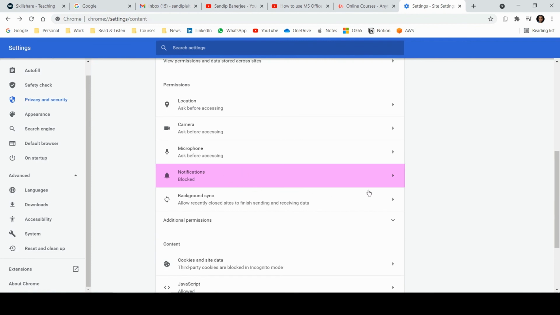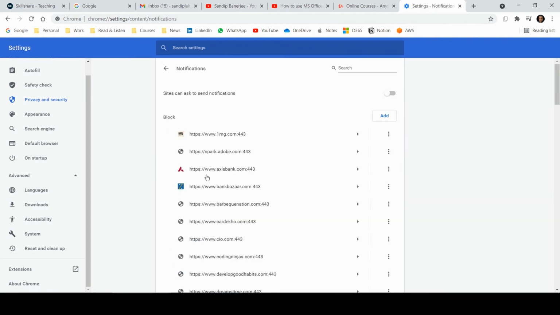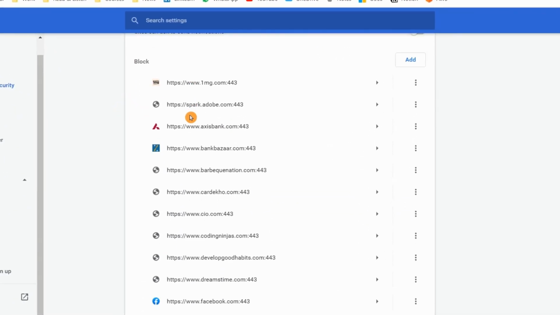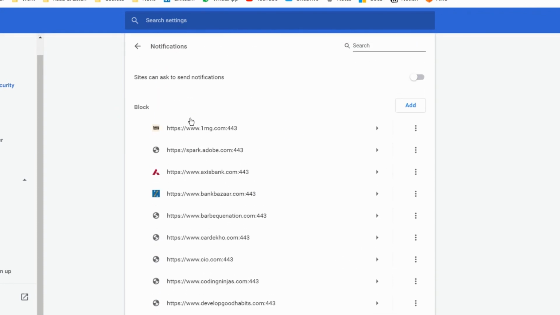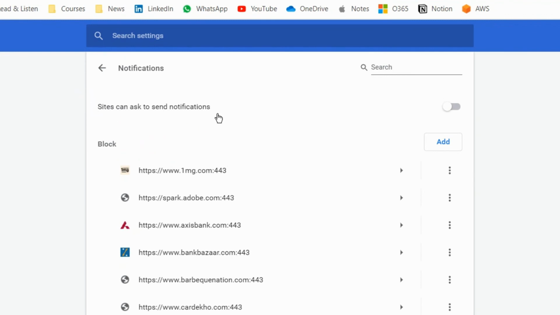For me, currently I blocked all these notifications. So in case I am visiting any website, no website will be able to push notifications to me. If I go inside this notifications option, you will be able to see the multiple different sites I already blocked, which faced me with some pop-up. So those are already blocked. Now you can see this particular option I disabled: sites can ask to send notifications, that is blocked. So I'll not get any notifications. That's the way I wanted to use my computer. I don't want to get distracted with multiple different pop-ups of promotional messages or any other messages. So that's why I wanted to keep it blocked.